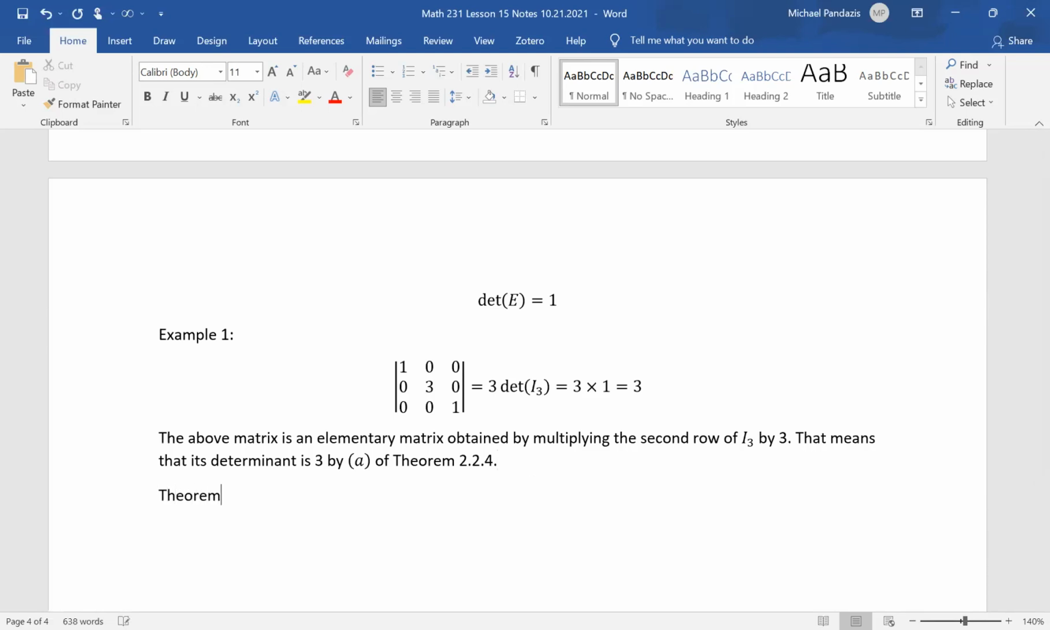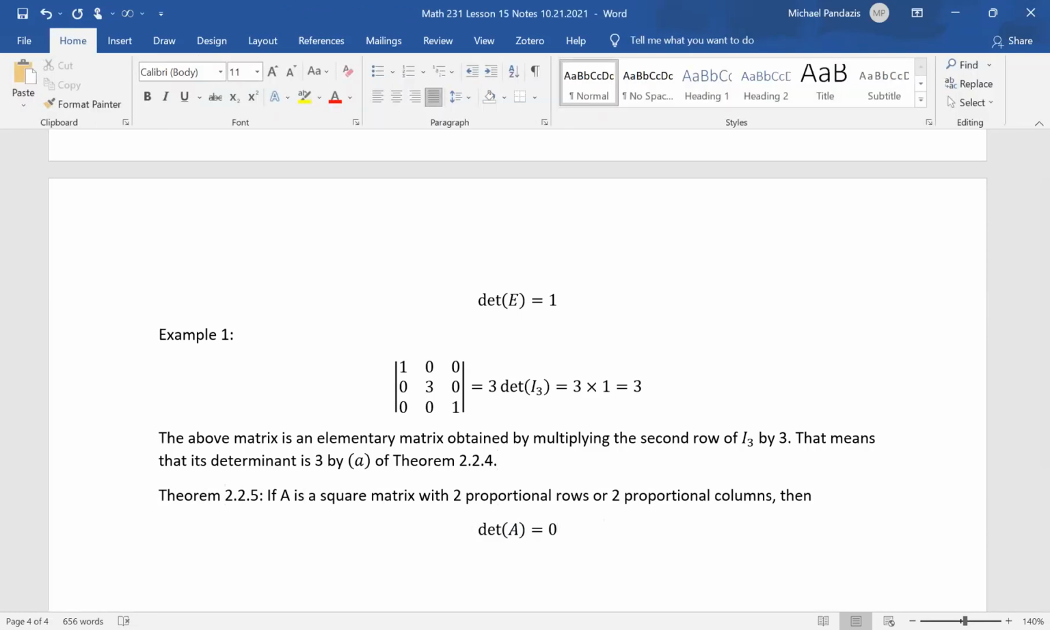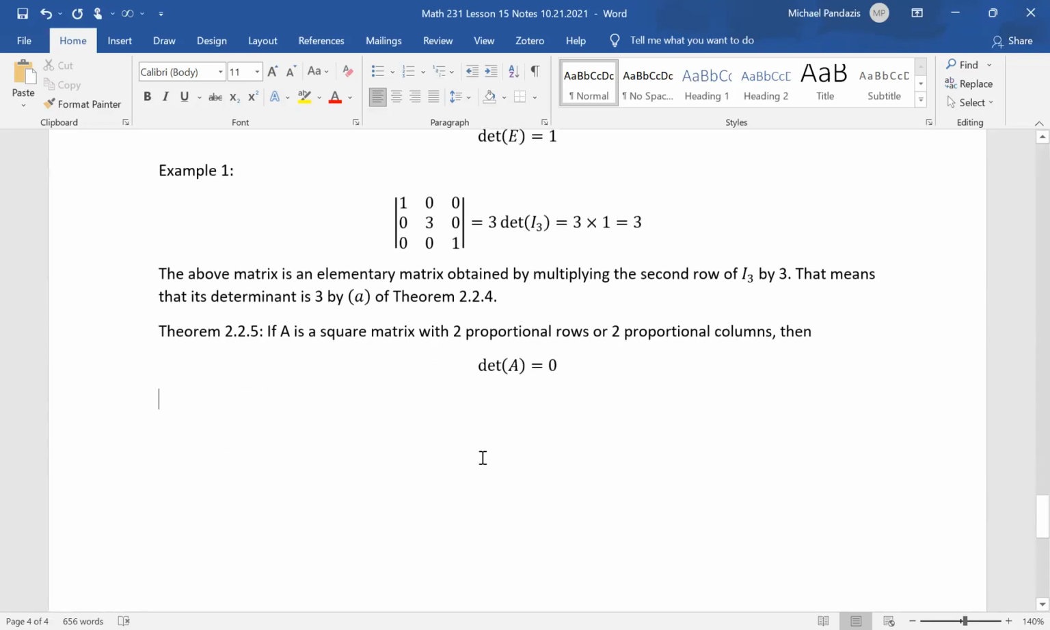Okay, so theorem 2.2.5. If A is a square matrix with 2 proportional rows or 2 proportional columns, then the determinant of A is equal to 0. Okay, so what does proportional mean? It means that the ratios of the corresponding values are the same. So example,